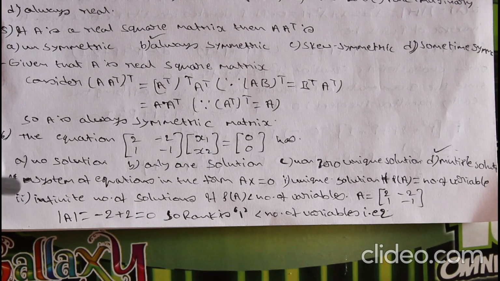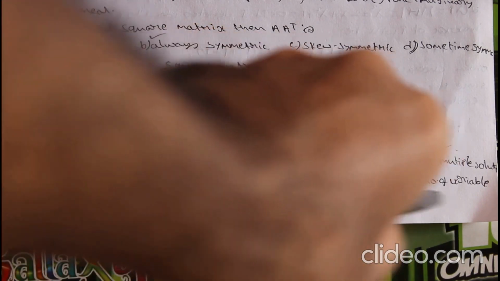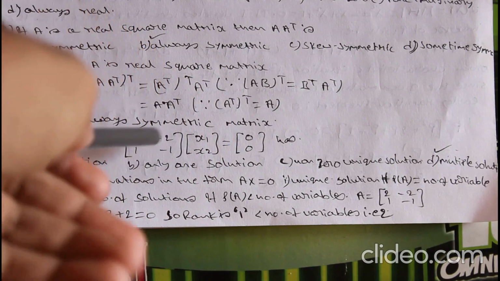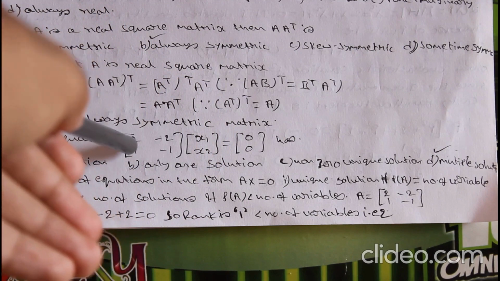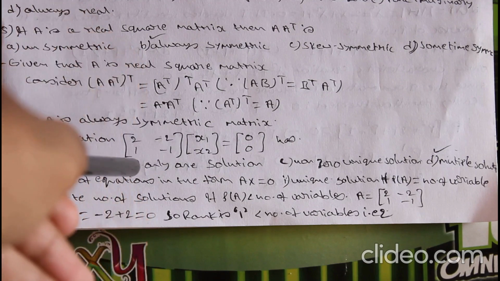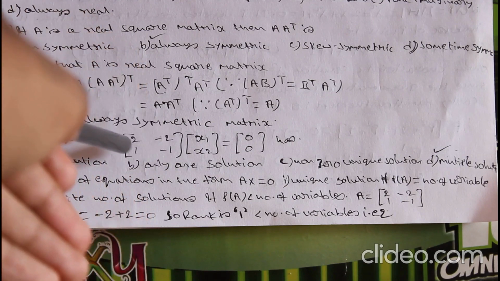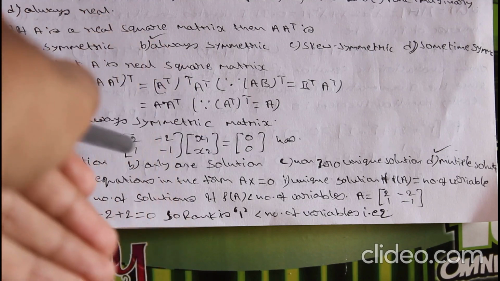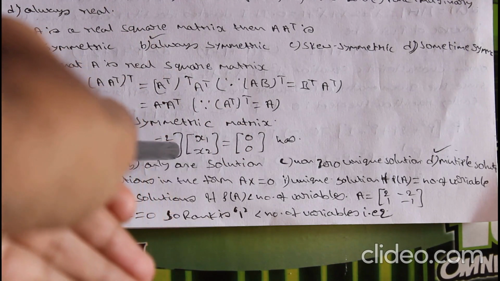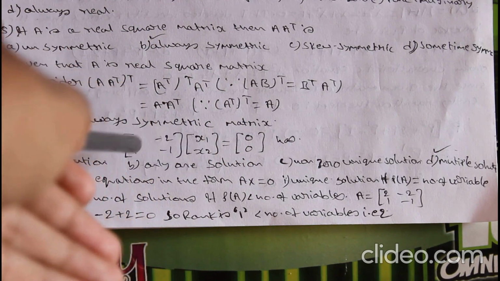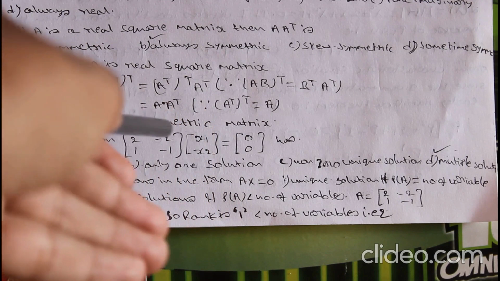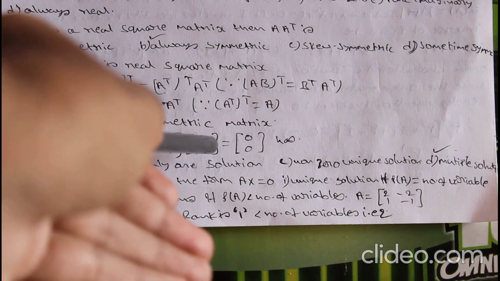For a system of equations in the form of Ax = 0, for this matrix let us find the determinant value, because it is a 2 by 2 matrix. Directly take the determinant, it is very easy. So 2 into minus 1 minus 2, and 1 into minus 2, minus of minus 2, so plus 2. So minus 2 plus 2 is 0. So it is a singular matrix, the determinant value is equal to 0. So the rank will be less than 2. Here a submatrix is not possible, so directly the rank is 1. The rank is 1 and the number of variables is 2. So the system of equations has an infinite number of solutions.